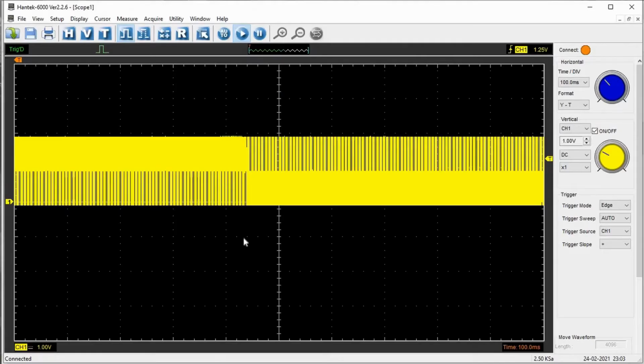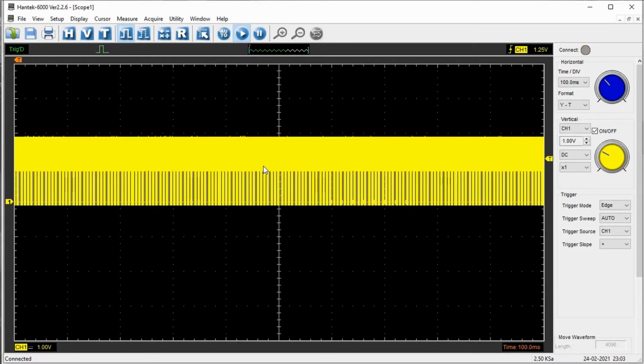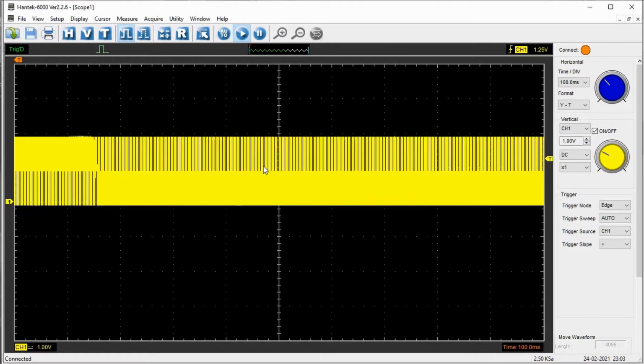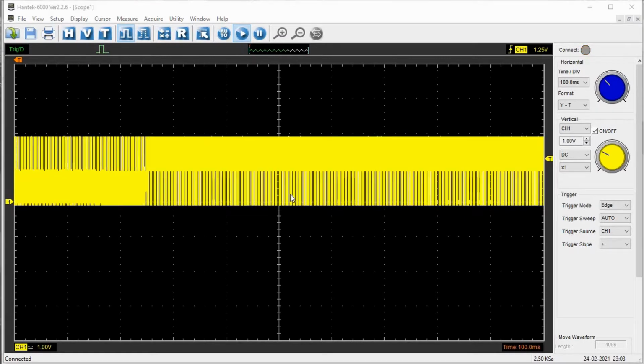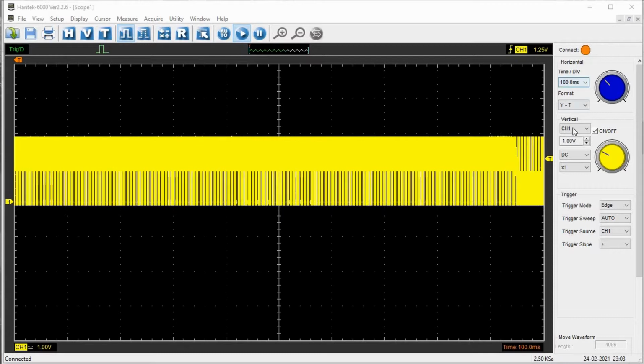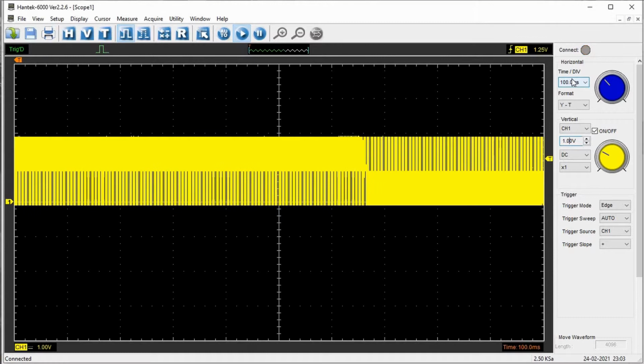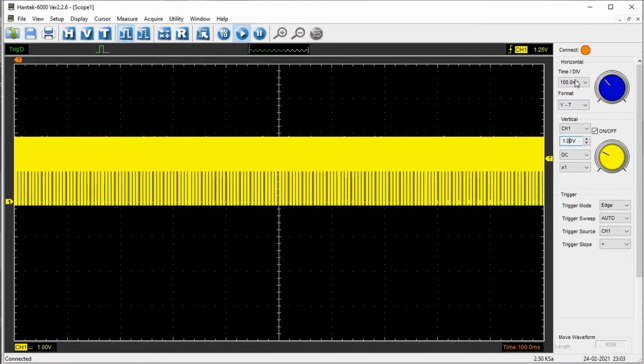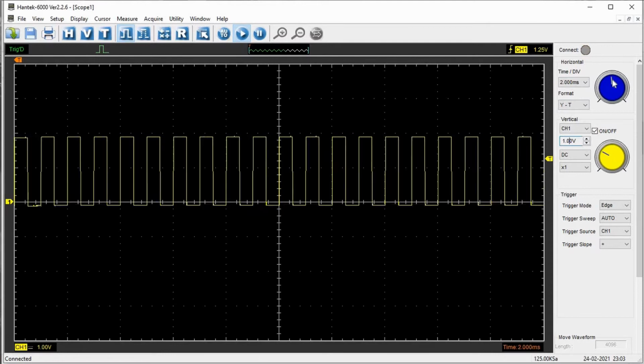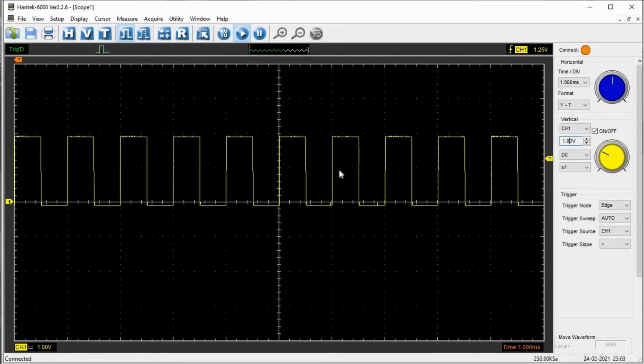Now I have connected to the test point and I have started to get some waveform. I don't know what the waveform is, so now we have to adjust the voltage scale and time scale so that we can see the waveform correctly. First, what should the frequency be? You can randomly change it and see, or if you know it, it is 1 kilohertz. So your period will be 1 divided by 1 kilohertz, that is 1 millisecond. If you keep it at 1 millisecond, now this is the start point.